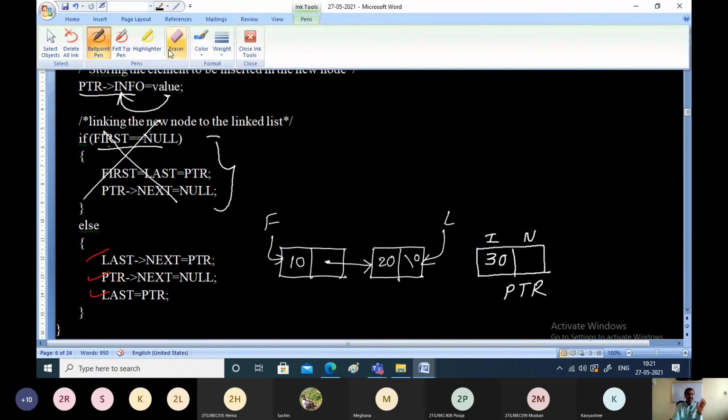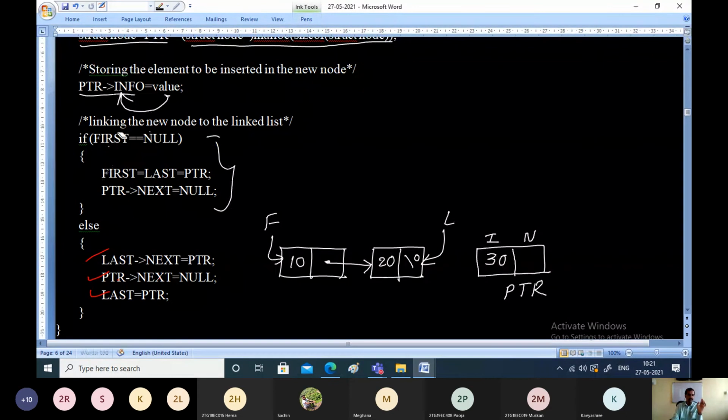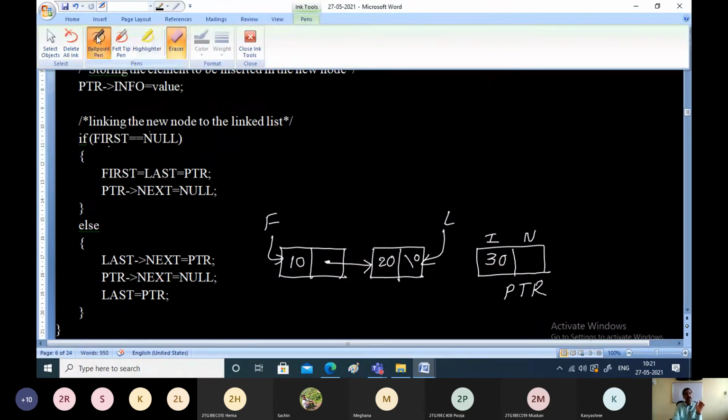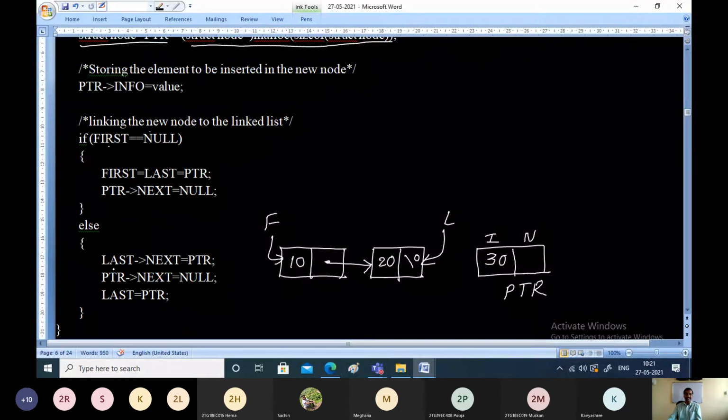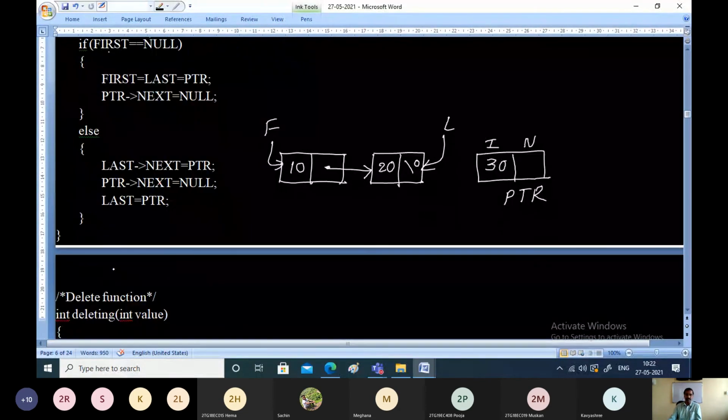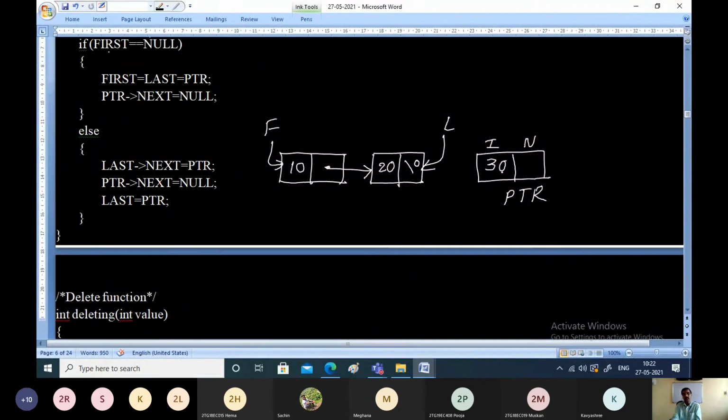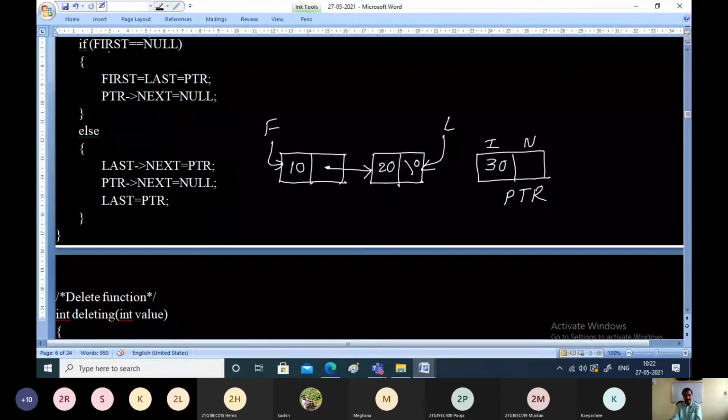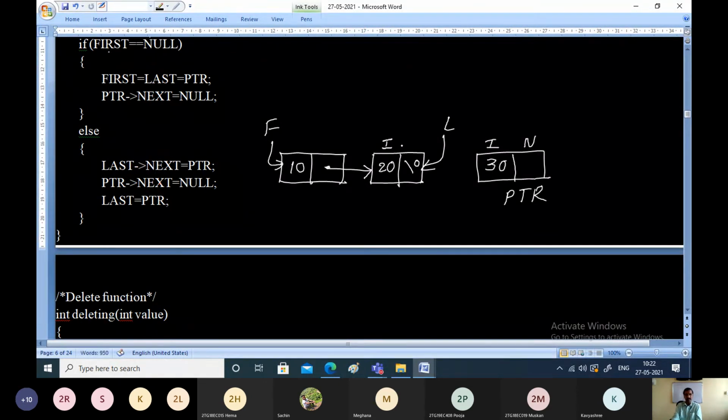Now, when the if part is not true, as per the norms of programming, the else statement will execute. So what do we do in the else part? We just have to perform linking between these two. How to perform? Take the next field of the last node, whatever may be the last node, and assign it to ptr.